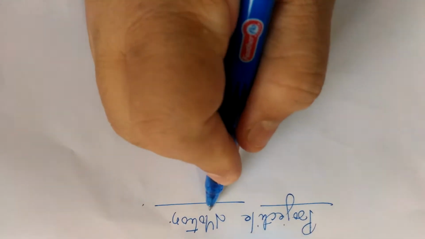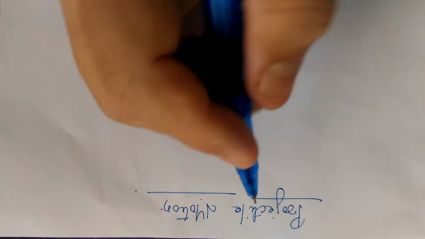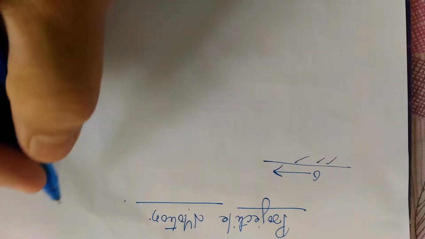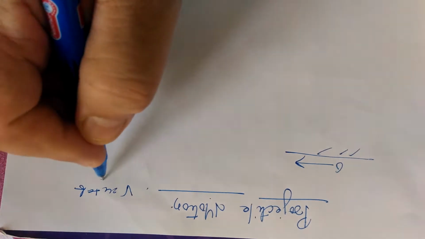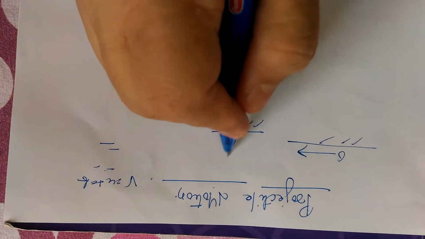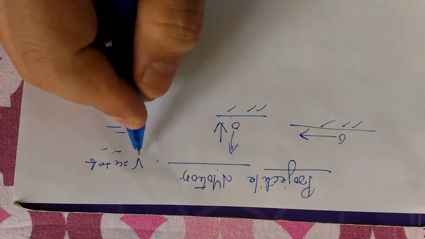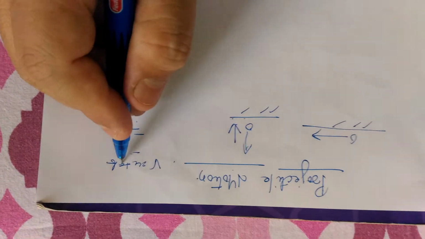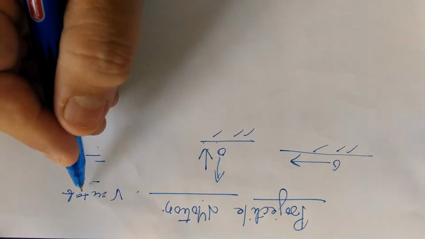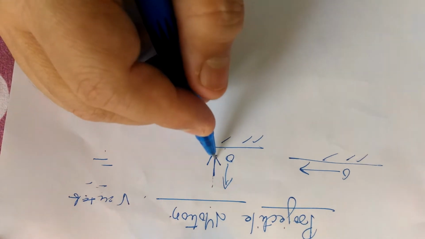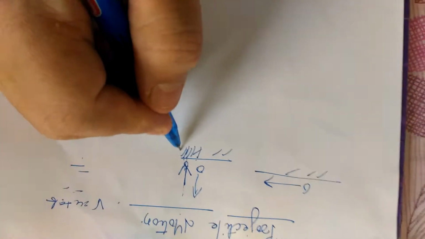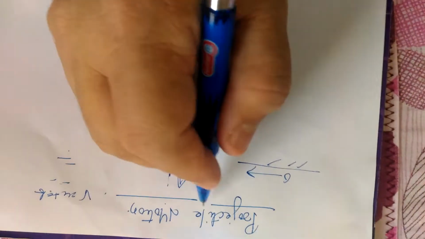Explain about projectile motion. As in the earlier videos, I have already explained the motion can be parallel to Earth's surface, where you can use simple equations v is equal to u plus at and so on. Three important relations. If it is perpendicular to Earth's surface, upward or towards the Earth's surface, then you will use the same three relations, but instead of a, you will be using minus g if the body is going away from the Earth's surface, and in place of a plus g if the body is going towards the center of the Earth.